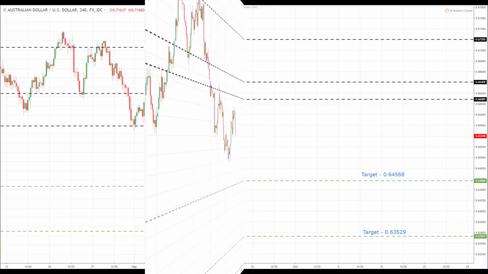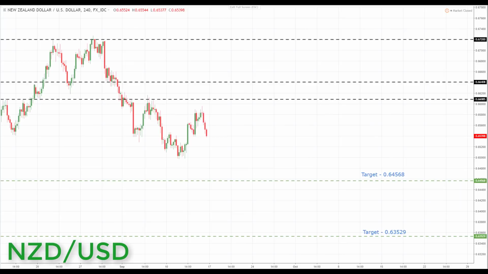0.69500. So next pair we're going to look at is New Zealand dollar. Now we start the week below the key area of broken support turning resistance, looking to turn resistance once again at the 0.66085. If we can get a pullback, and preferably if we can get a pullback and a retest of broken support turning resistance once again, this is going to be a great place to start to look for bearish formations